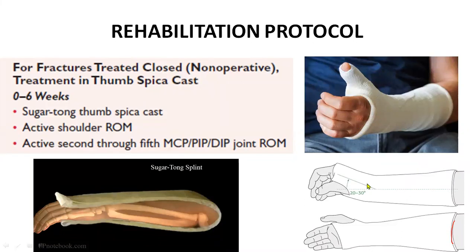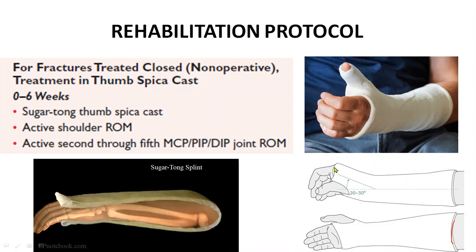Usually, this cast is applied to the patient keeping the wrist at least 20 to 30 degrees of extension. You should remember this point, that usually the wrist is kept in extension at 20 to 30 degrees. And one more thing to remember, the distal end of this cast is just proximal to the